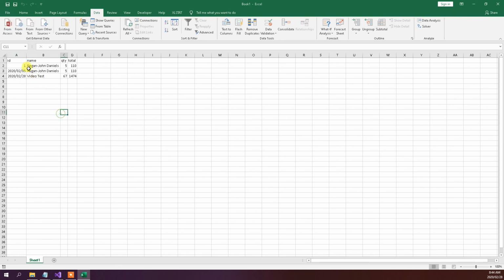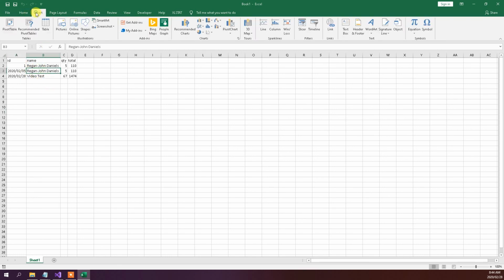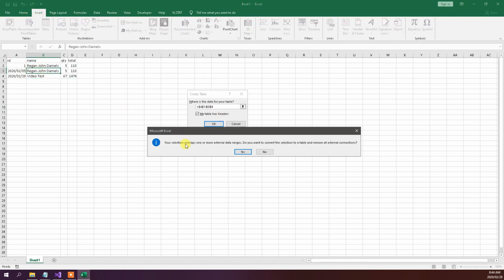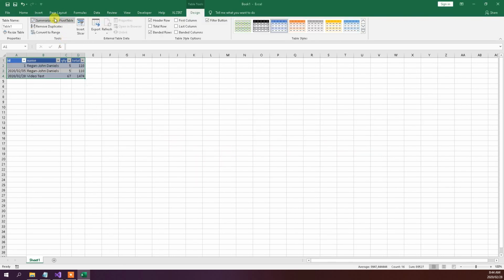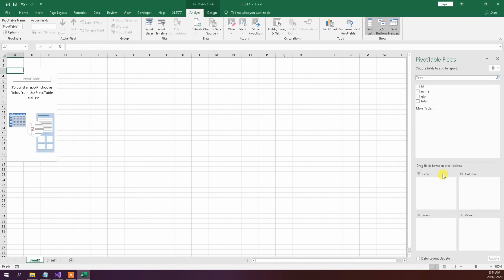So that would be imported into Excel, and then you could probably turn it into a table, and then use a pivot table. So once you've accumulated enough data,